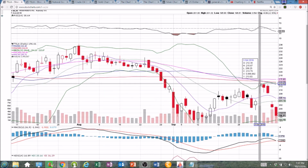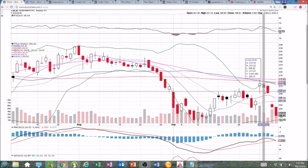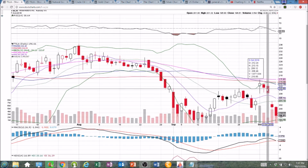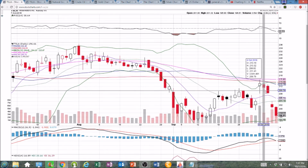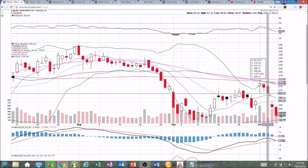And we formed a bearish candlestick there, a tightening range inside candlestick, when the range of this candlestick trades completely within the range of the previous candlestick. And then on Wednesday, we broke that inside candlestick at the end of the day by breaking the low, which was a bearish signal. We closed weak, and then that little flush at the end of the day shows up here